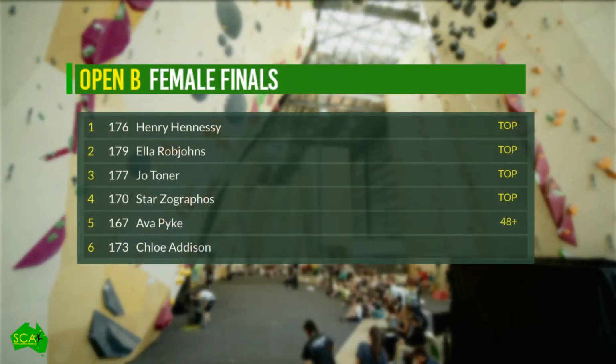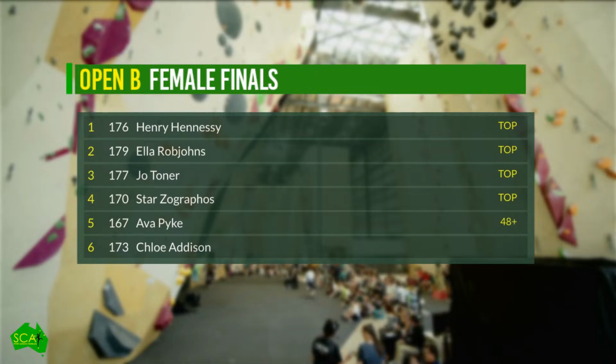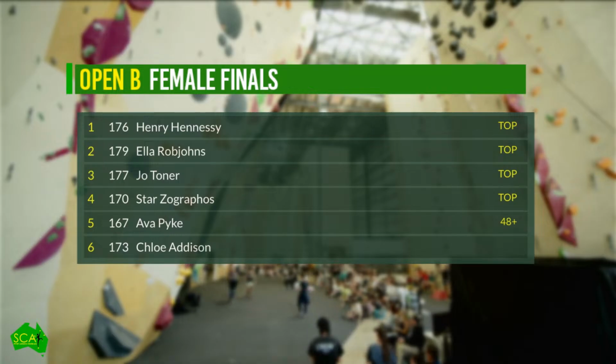Out next should be Pablo from Victoria, and then Chloe from South Australia. Now, bit of work to do, Chloe. She needs a top in count back, because if she gets a top on this one, then she'll take it out on count back, because of the top in the qualifications. But it's all to play for.